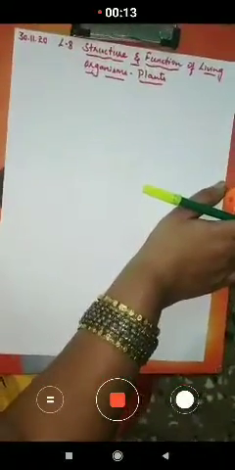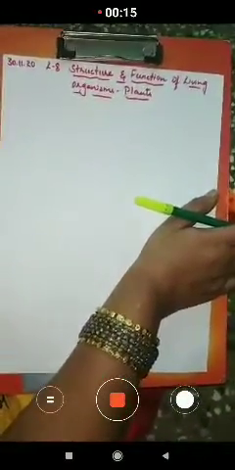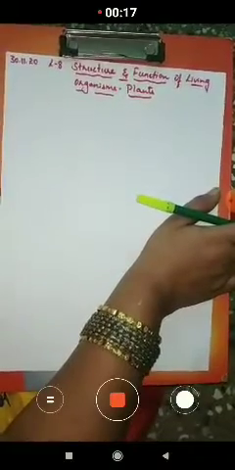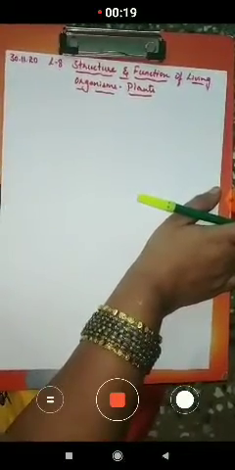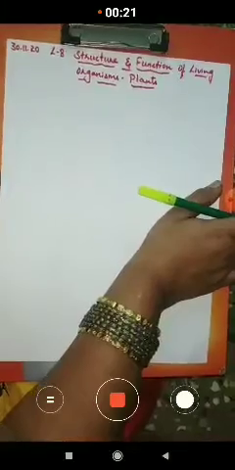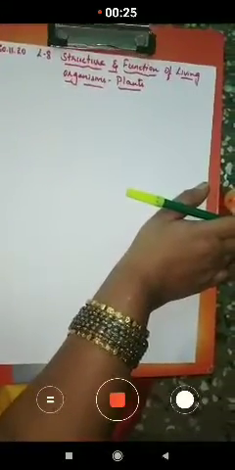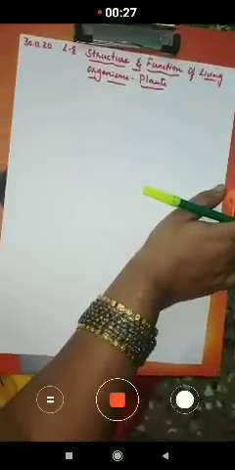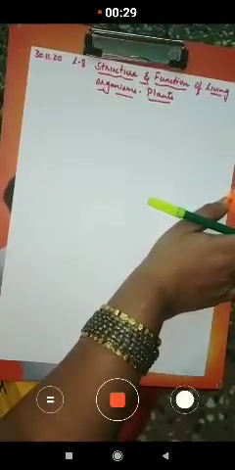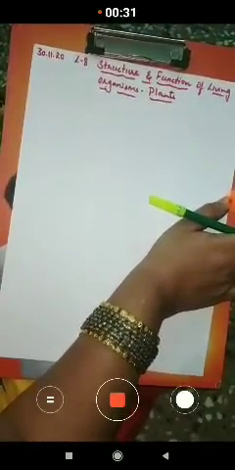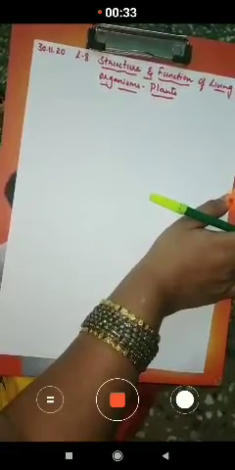In the last class, we studied the structure of the flower, its parts, and the functions of the flower. So today we'll move on to the next topic, that is the fruit and the seed, children. Before going to the fruit and seed, we'll recall what we have learned in the last class. We learned that the flower changes into a fruit.